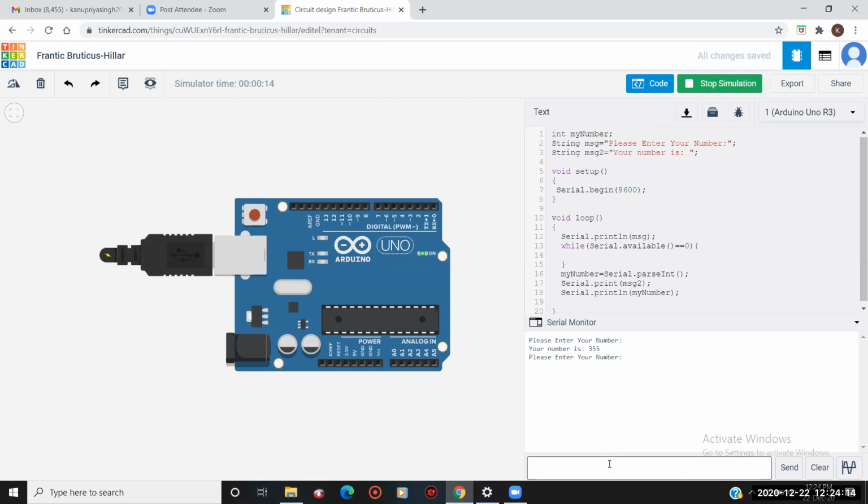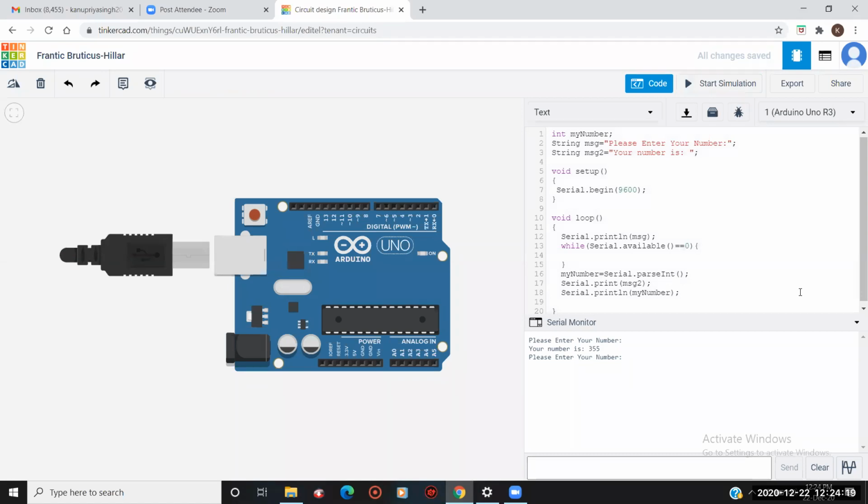Okay, so please write down the code. Please don't take any type of snapshot, because it gets deleted in the future, but when you write it in the notebook it remains with you every time. So I'm giving you 4 minutes to write this code. Please write it down and let me know in the chat box when you have written the code.